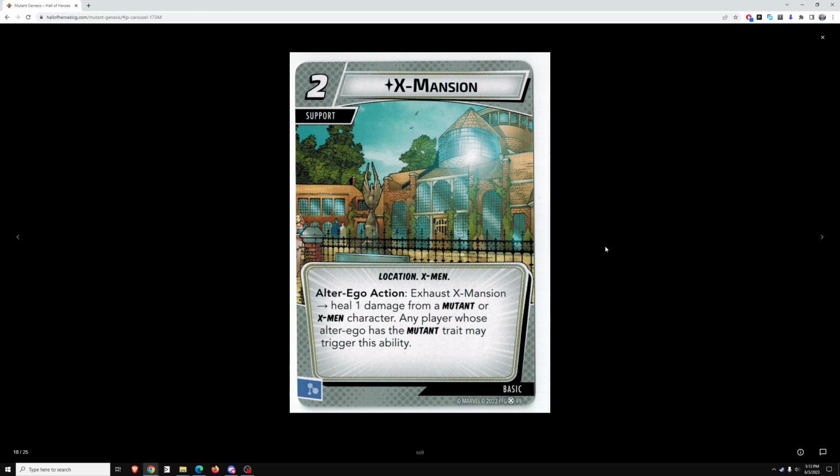Expansion, support alter ego action. Exhaust expansion, heal 1 damage from a mutant or X-Men character. Any player whose alter ego has the mutant trait may trigger this ability. This is a multiplayer focused card. We don't want to be in alter ego that much in solo, but like the card that generates a resource for an X-Men